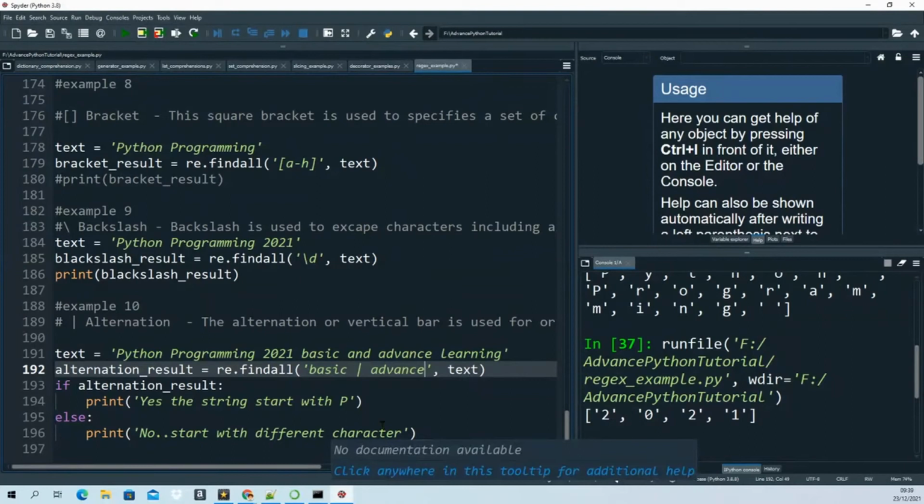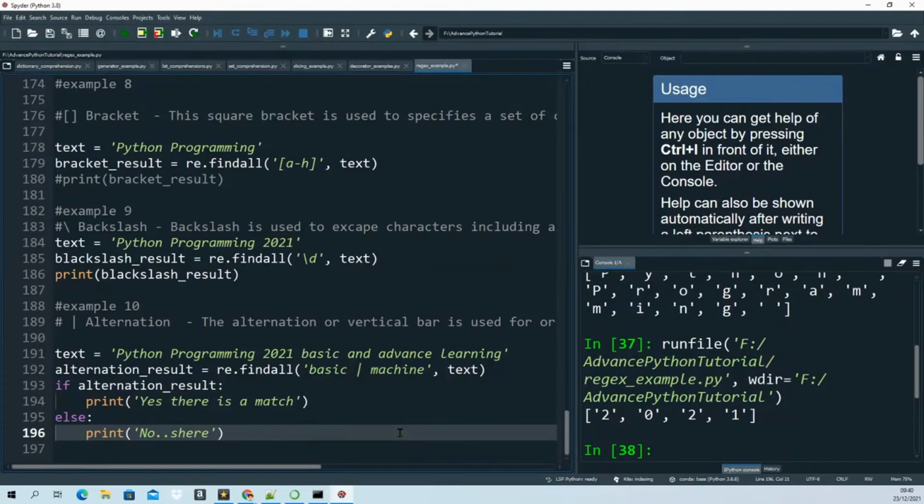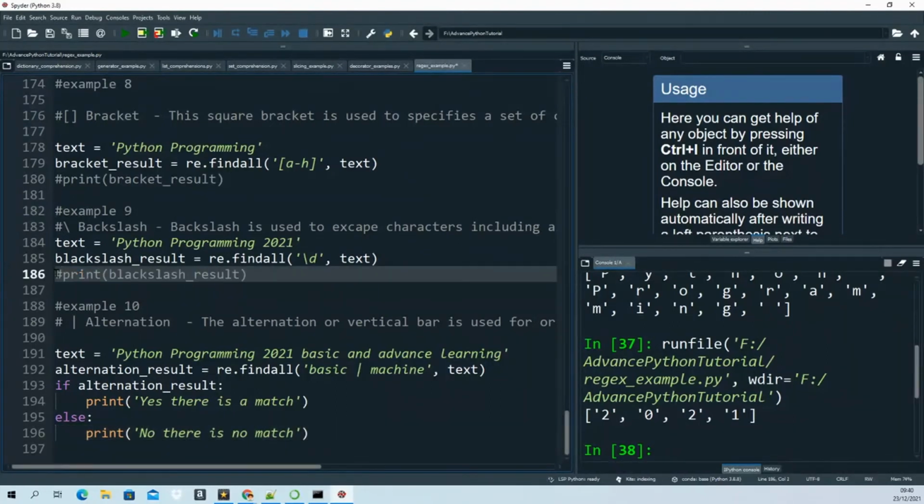So instead of advanced, we will put something missing, let's say, and I'll change a few things. There, match. If I run the program now,